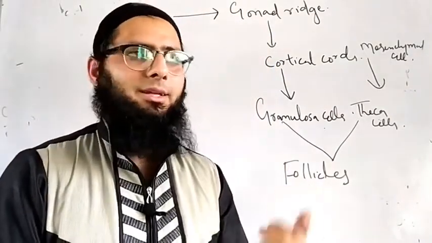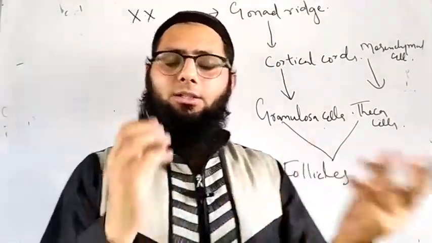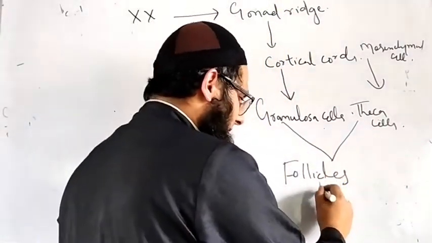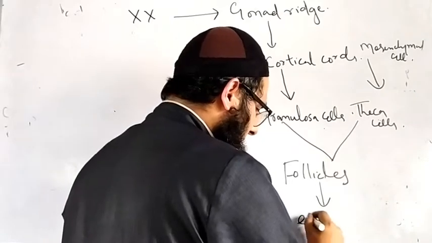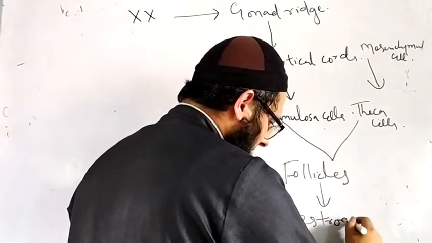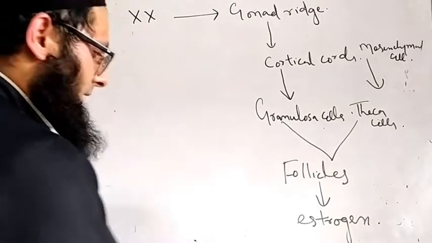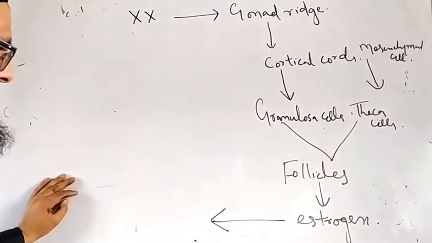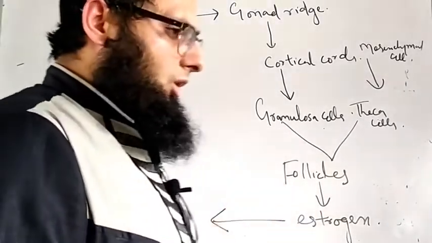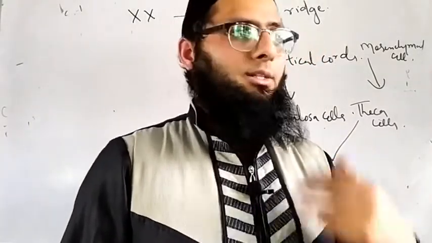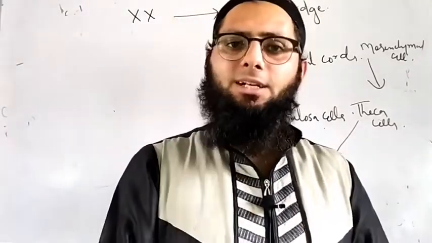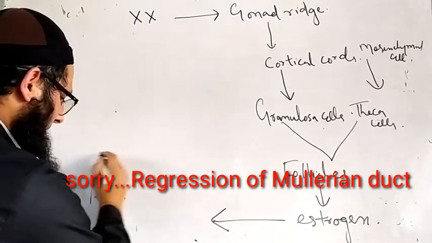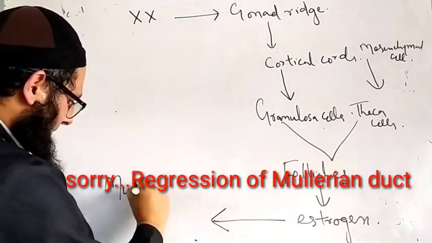A cluster of follicles will be formed in this manner, and this cluster will contain one ova. These follicles will secrete estrogen. As there is no testosterone, and no AMH hormone which could cause the regression of the Mullerian duct,